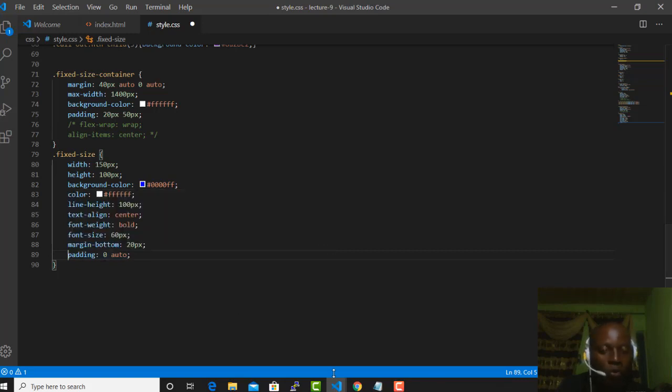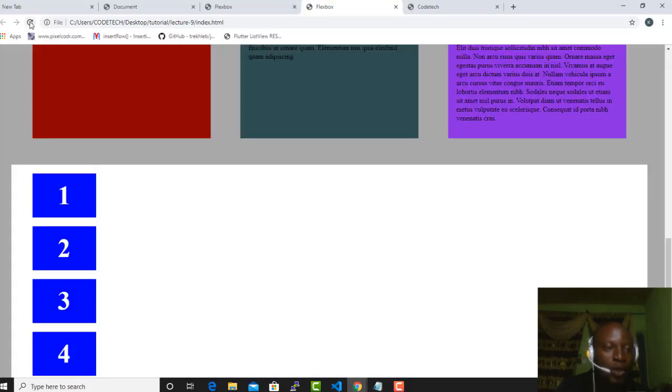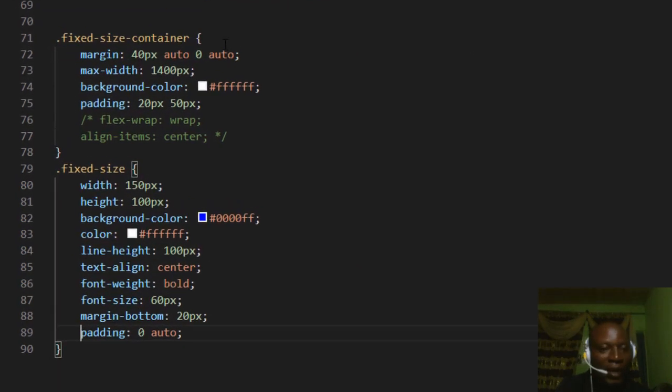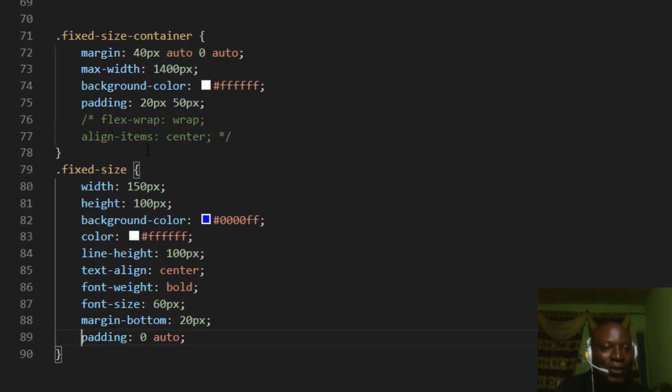You are making it auto, so it's Ctrl S to save your job. And if you head straight back here, you won't get too much of a difference anyway, so you may not even put that one there. You understand? So now we want them to line up horizontally. You already know the way forward to that. Okay, what I need to do is to,